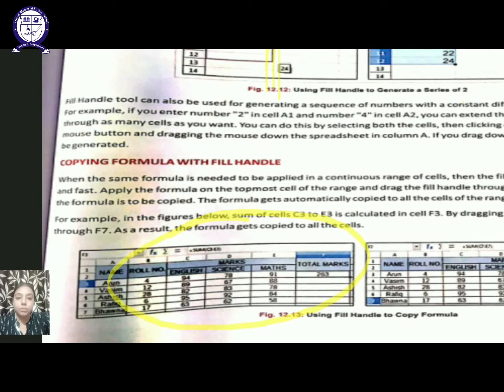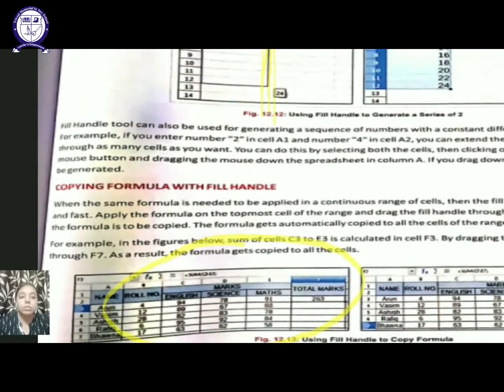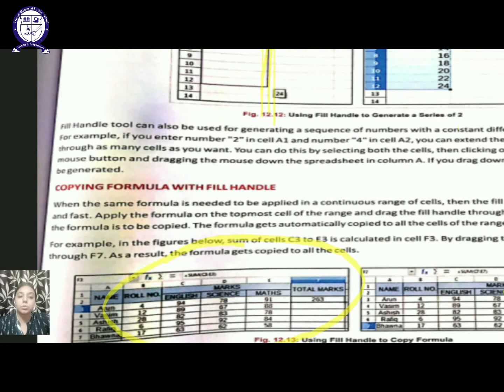Now for this calculation we used the sum function, which is shown to you in the formula bar. So the function is there in the formula bar. This was used in this cell also, where the answer 263 is coming. Whenever you type a formula, it starts with an equal to sign, and after calculating you press the enter key, so the value comes, but the formula is still there in the formula bar. So if you click again where the number 263 is written, you will see the formula there.